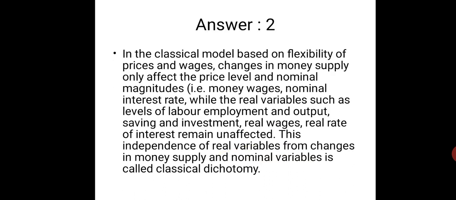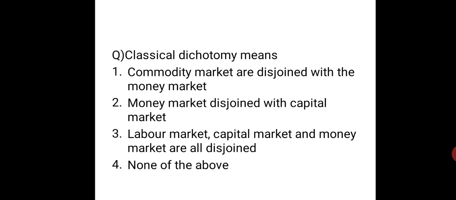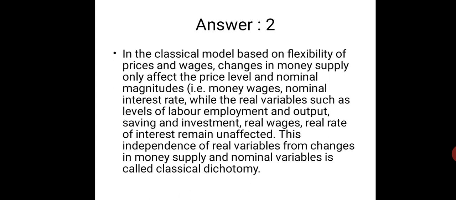Option has to be 2, where any change in money supply will only change things in the money market. It will not go to the capital market. It will not change the real variables. So there's a disjoint, no interdependence of both these markets. What are the two markets? Money market and capital market are disjoint. There's a dichotomy between these two markets according to classicals. Okay,